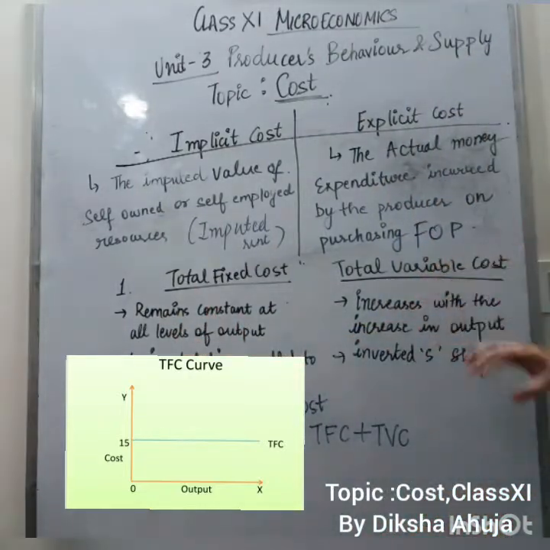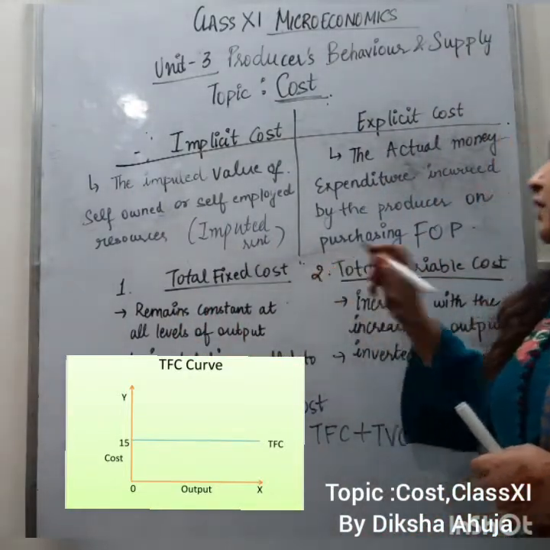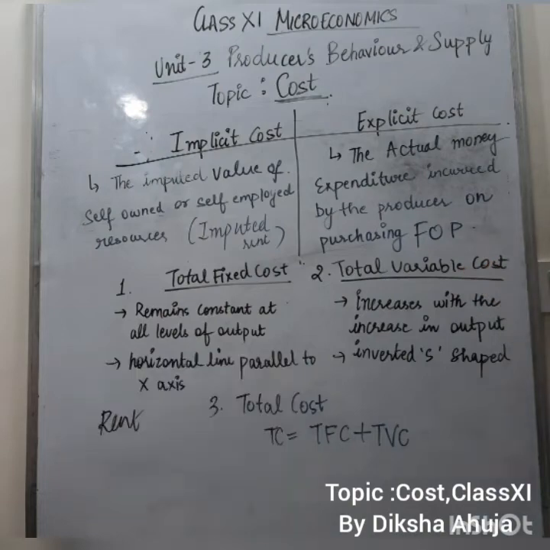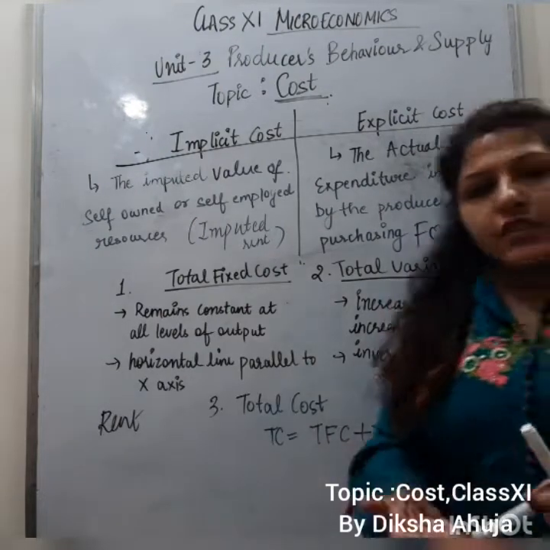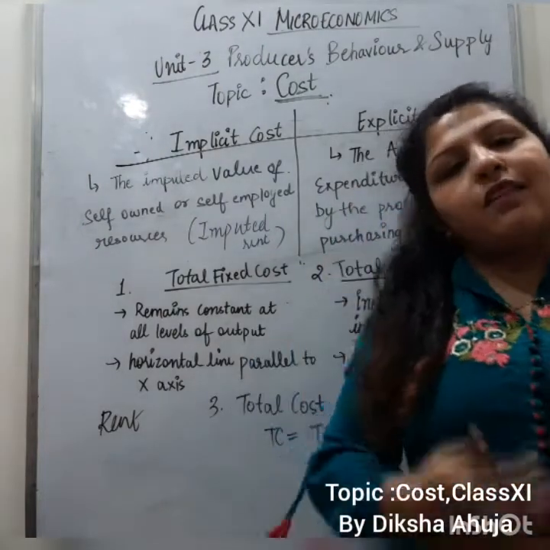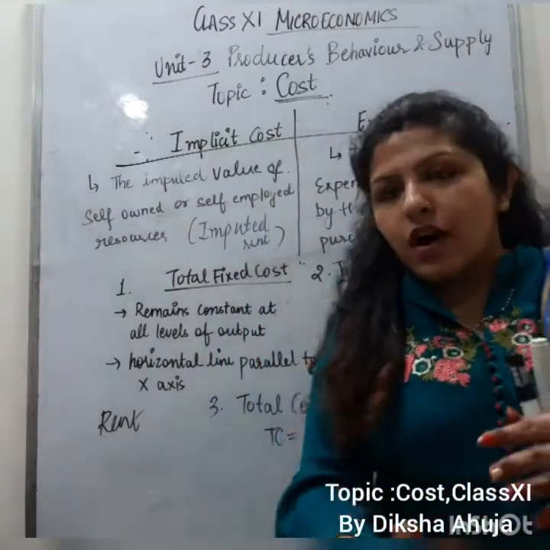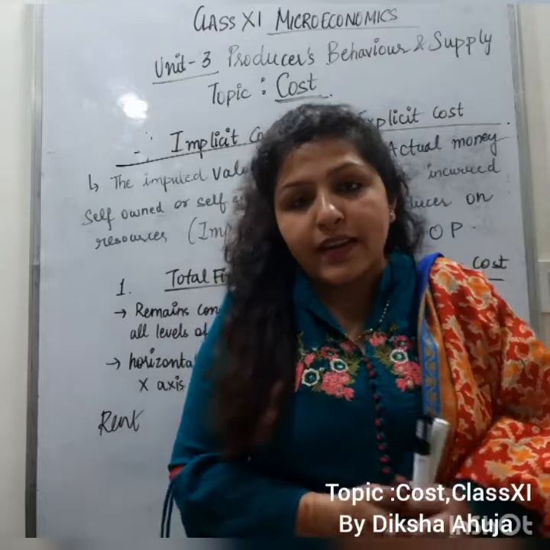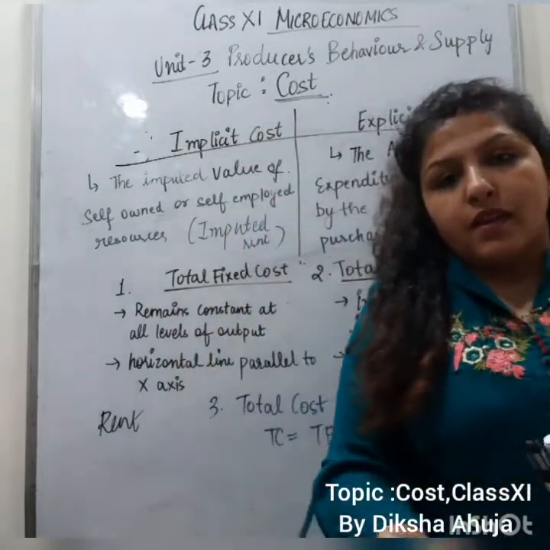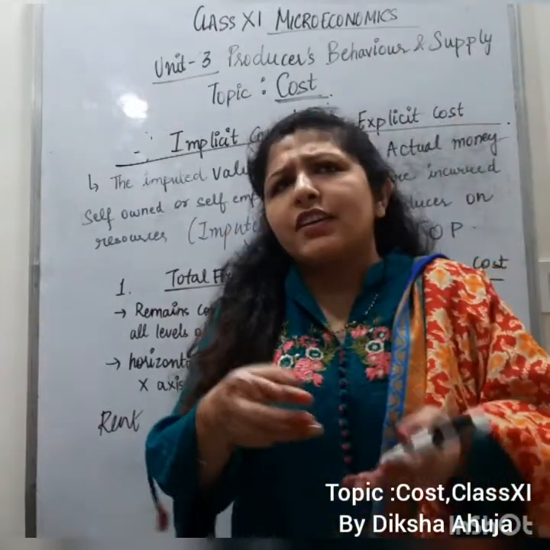Our second type of cost is total variable cost. What do you mean by total variable cost? Variable cost means cost that changes with the level of output. Let's say मुझे ज़्यादा shoes बनाने हैं. I want to produce more shoes. I require more leather, more gum, more machines, and more everything, right? More of all the inputs, raw material, right? So these raw materials and the salary of a temporary employee are variable costs.